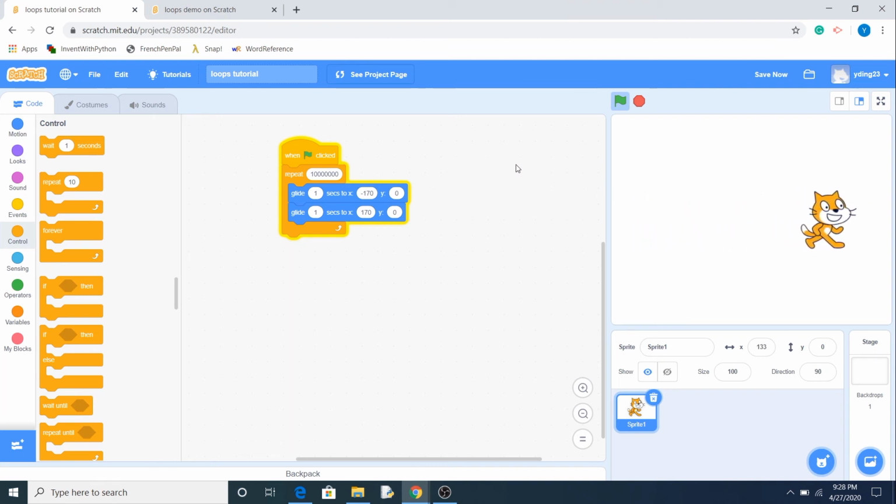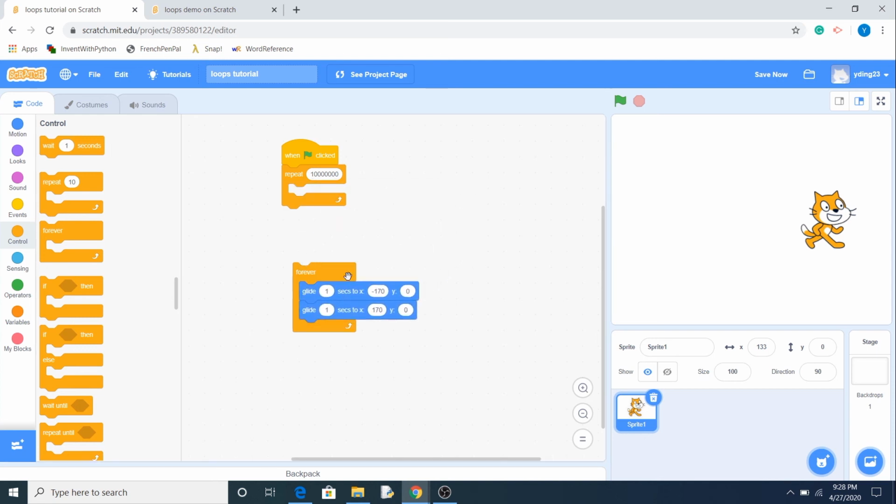But if your goal is just to have it repeat indefinitely until the program ends, then there's a block for that. So if we just stop this real quick, go to Control, and right under the repeat block is the forever block. So if we drag this in, the forever block, it looks a lot like the repeat block because it does basically the same thing. It's also a loop. So if we put our code into the forever block,